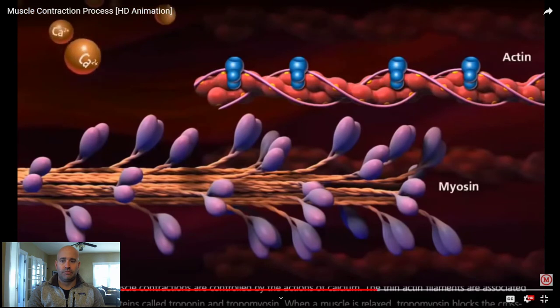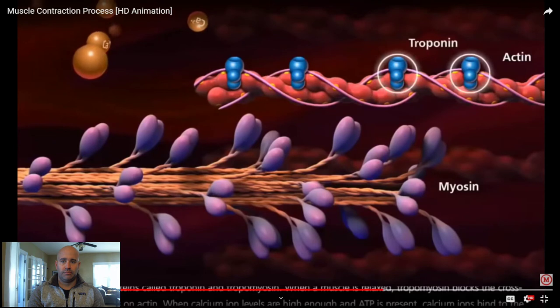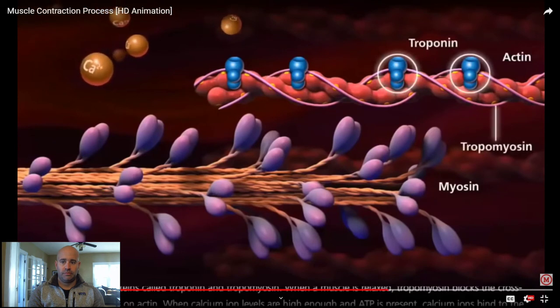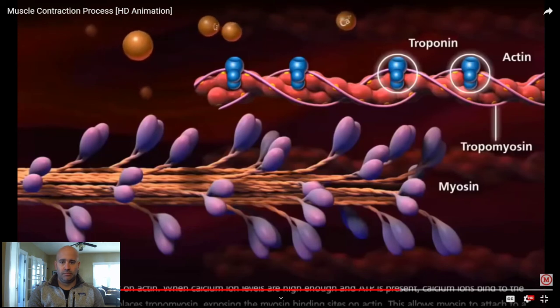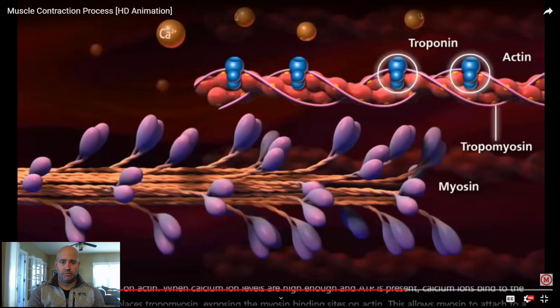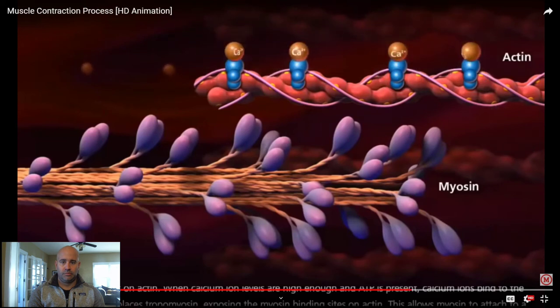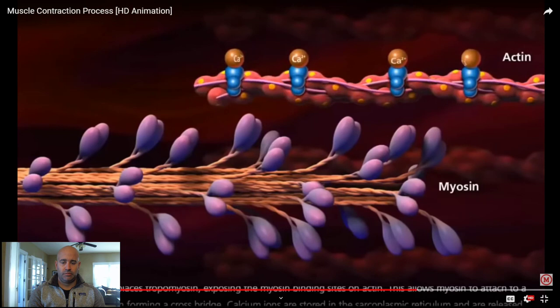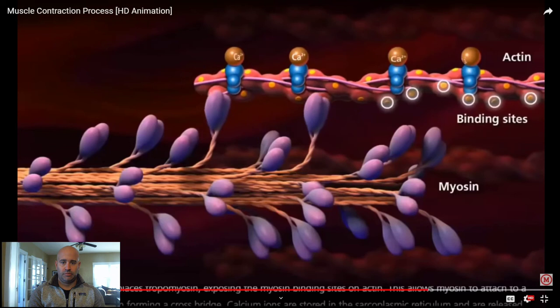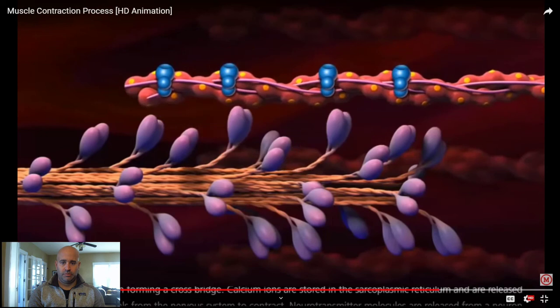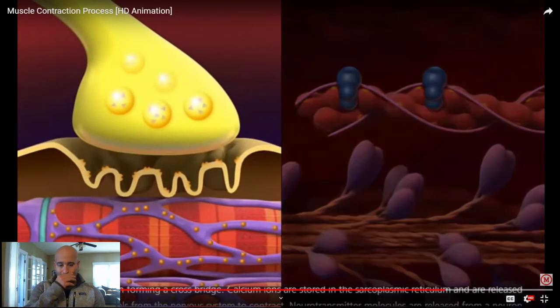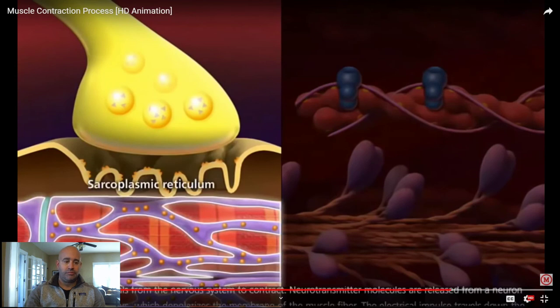The thin actin filaments are associated with regulatory proteins called troponin and tropomyosin. When a muscle is relaxed, tropomyosin blocks the cross-bridge binding sites on actin. When calcium ion levels are high enough and ATP is present, calcium ions bind to the troponin, which displaces tropomyosin, exposing the myosin binding sites on actin. This allows myosin to attach to a binding site on actin, forming a cross bridge. Calcium ions are stored in the sarcoplasmic reticulum and are released in response to signals from the nervous system to